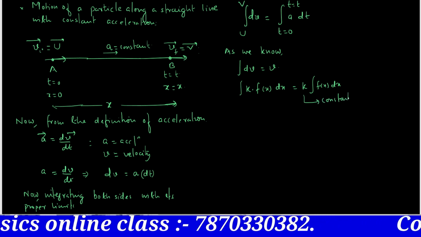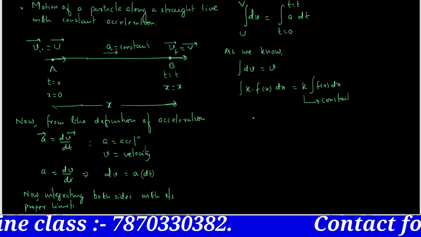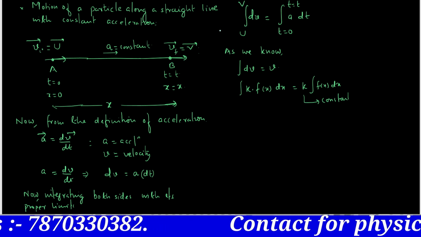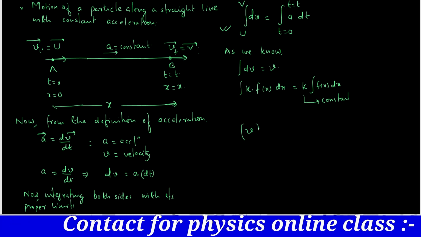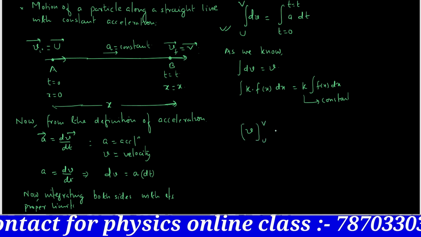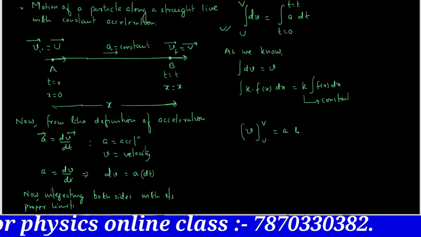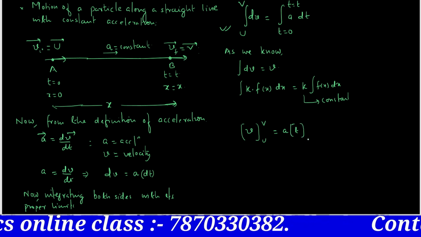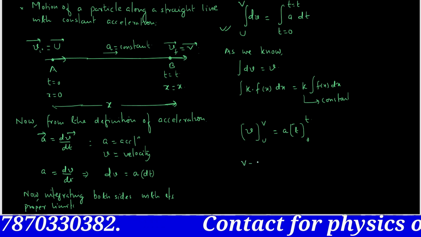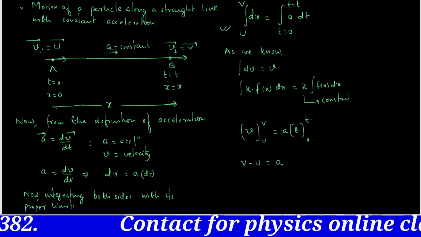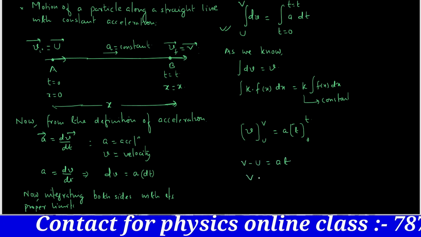Yeah, because you just factor it out. So this will be v with limits u to v, and a outside. This will be t, and this is 0 to t. So this will be v minus u equal to a into t,